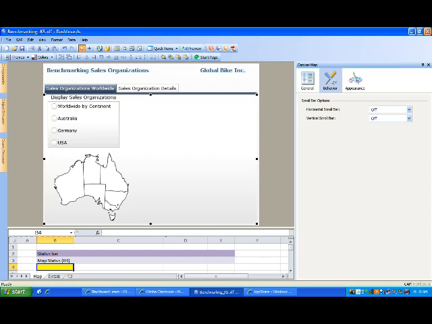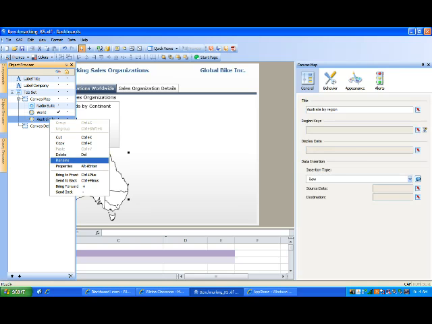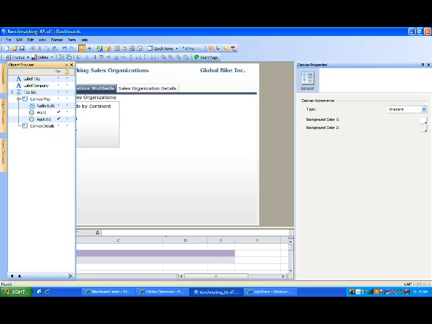Just make it big enough so you can see the different regions. And again, I'm going to rename it, instead of Australia by region, to just Australia. And again, I'm going to hide it and add